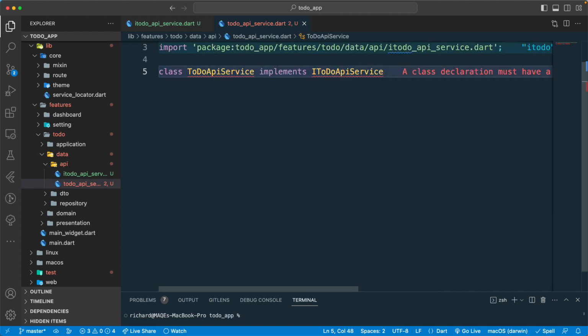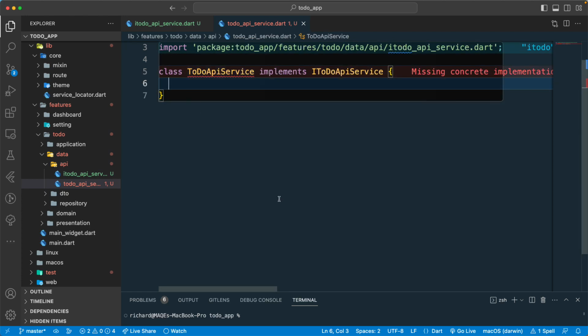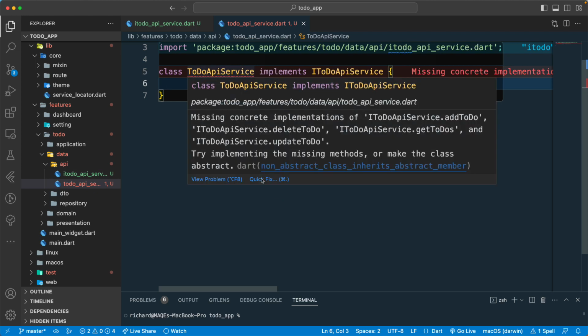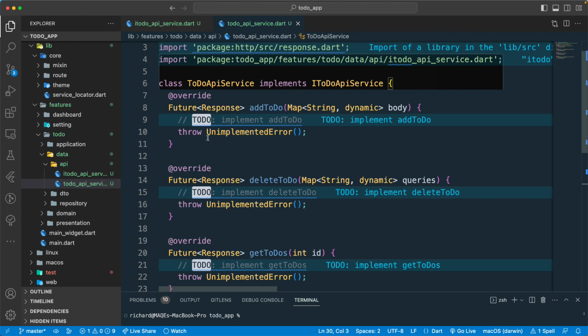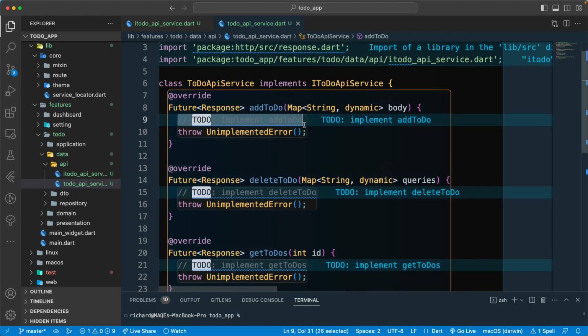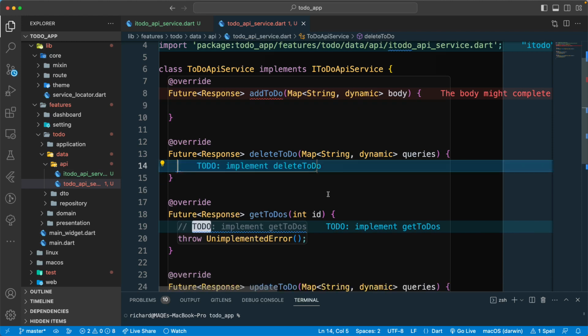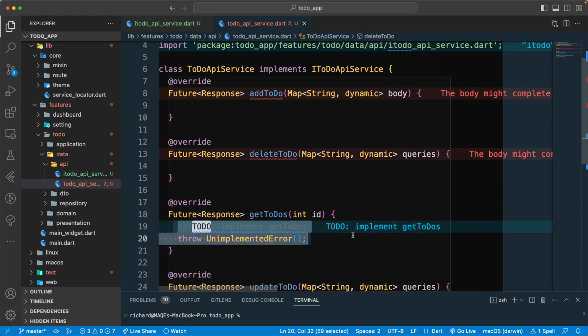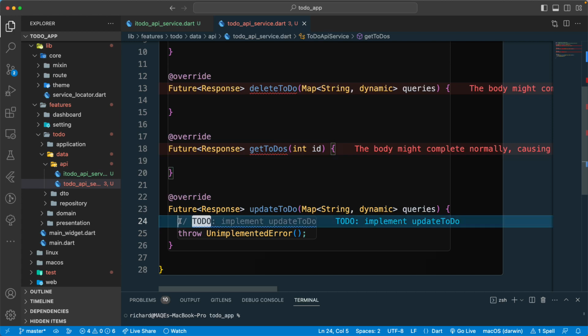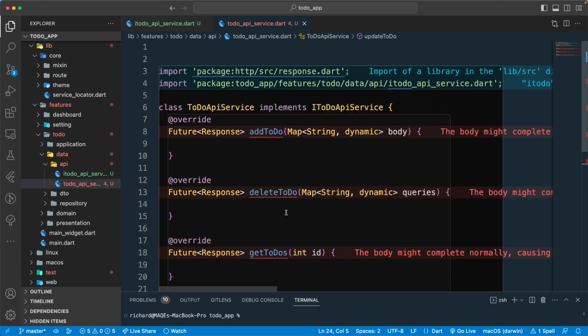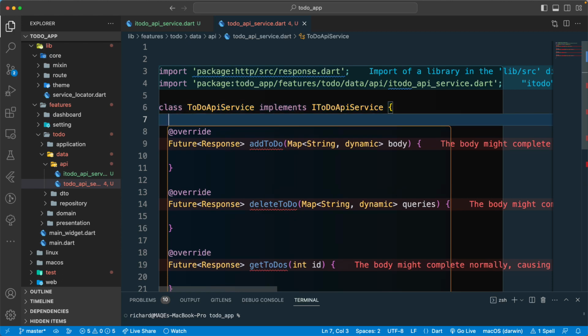and we will implement our to-do service over here. And once we have that, we need to override all of the four functions that we have in our interface. So let's go and override the missing functionality and just remove all of this unwanted code from here and here, and also from here, and we have one more here. So now we have the four functions,